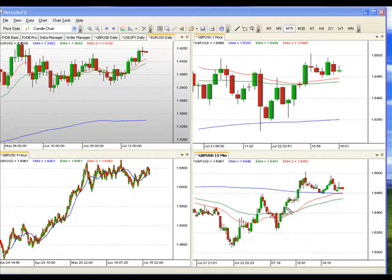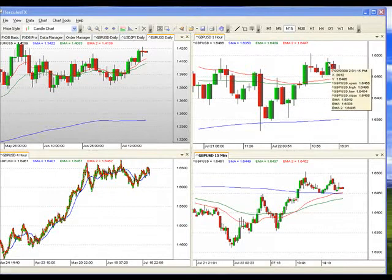Anyway, check it out. For tomorrow's session, focusing over here on the hourly, we've got another shelf forming here, another compression pattern. It's kind of sloppy though. We've got the upper level coming down here, the lower level coming down here, kind of. But in either case, we've got a small pennant or flag pattern, or triangle pattern forming up here. What that's going to give us is a long entry keying in on the high of this bar right here. That's coming in at